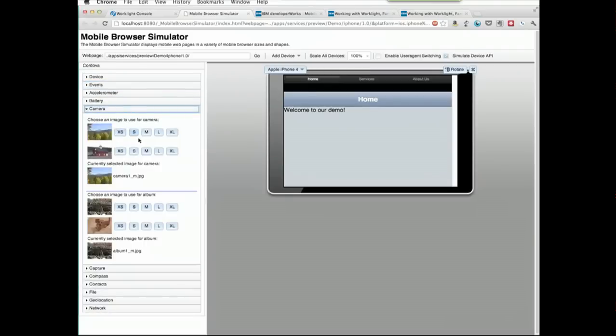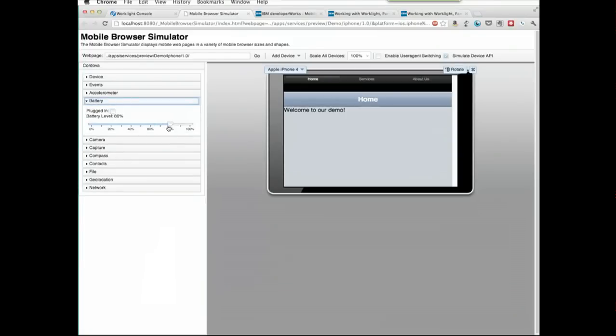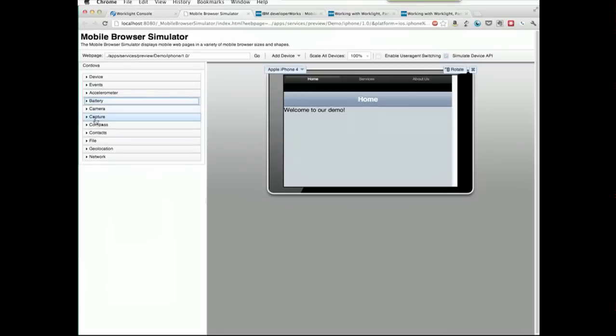If I'm testing a camera piece, I can give it a sample image. I can tell it things like, your battery just got wiped out or it got plugged in, so that'll trigger some basic events. And again, this is really the Cordova side of things, the PhoneGap piece. It's still running in a browser, so we're not running the real device, but it gives you, the developer, a quick way to test something, and especially when I'm doing layout, I can quickly see where